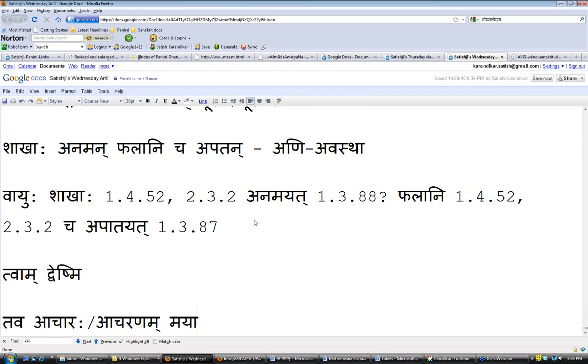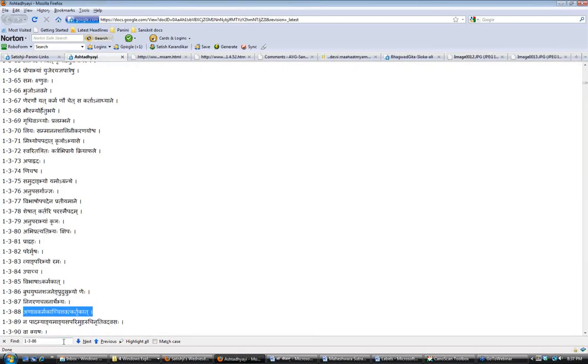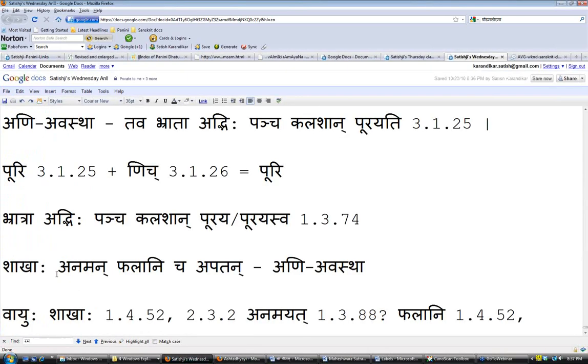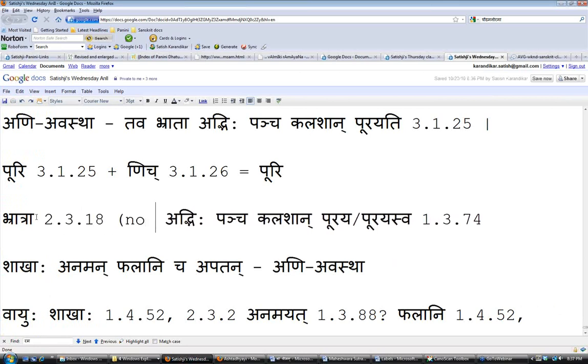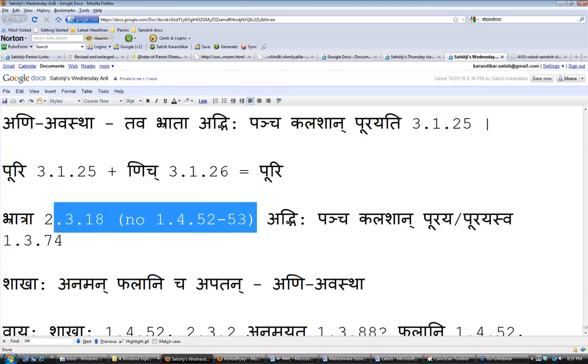Correct. Maya. Because here you have to default to 2318, which is the Kartakarana Yosthitiya, because the Karta Istanya is still there. He is no longer Abhita. Abhita is the Acharaha. Just give me 1 second. Got the number, 2318. That was the number I didn't put back there. Let me also put that for Bhratra. You should put 2318. So no 1452, 53. We can just copy this and put it down.